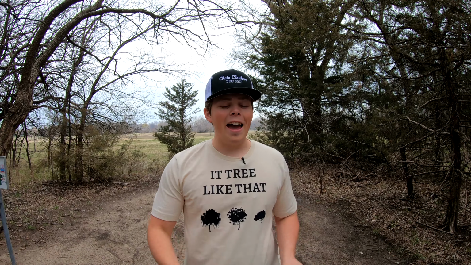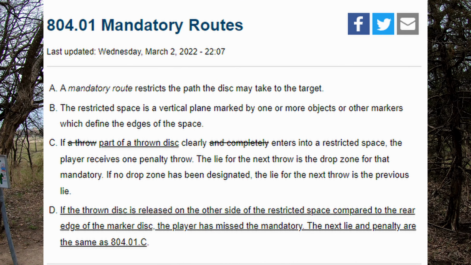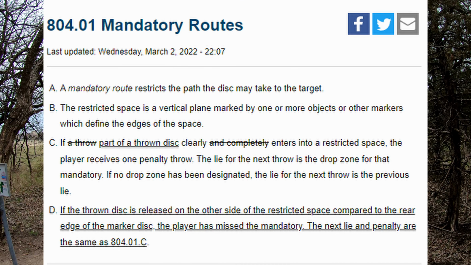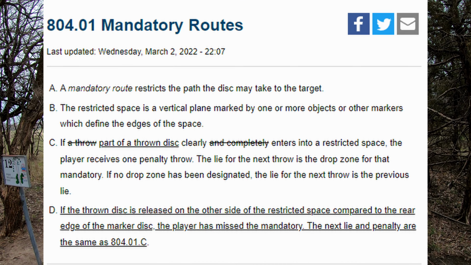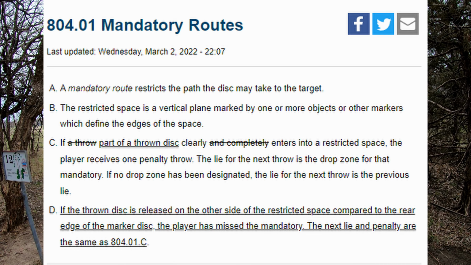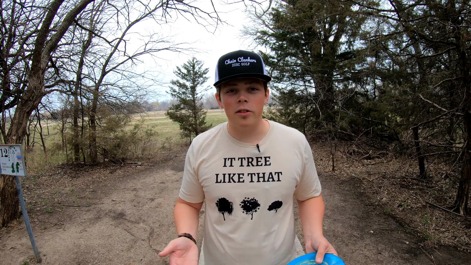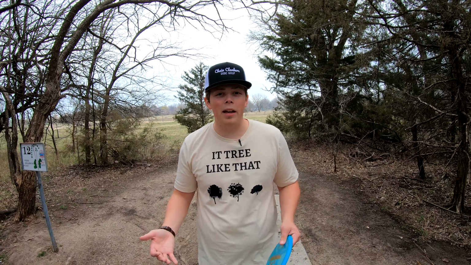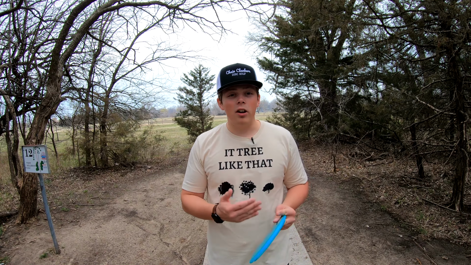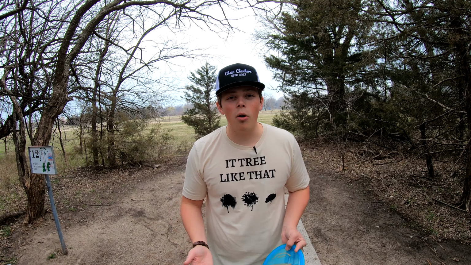The third rule that every disc golfer needs to know is mandatories. What are mandatories and how do they work? Maybe you've watched some pro disc golf before in your time here on YouTube, and you might have seen some mandatories. Maybe it's a single mando, maybe it's a triple mando. The way a mandatory works is there will be a designated spot. Maybe it's on a tree or maybe it's a man-made mando,